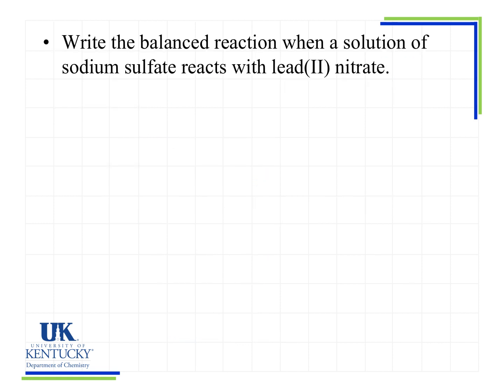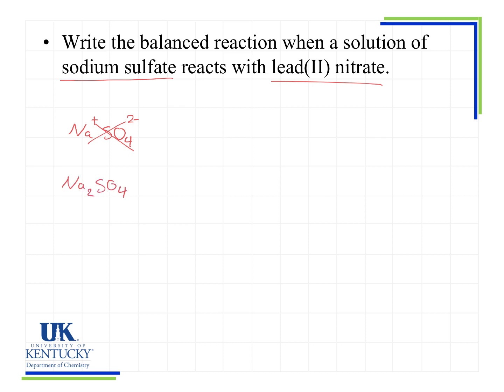Okay, here is another example. I want you to pause and try to do this yourself to practice, and then check it with me. The first step is to write the correct chemical formula for the reactants, sodium sulfate and lead nitrate. Sodium is Na plus, sulfate is a polyatomic ion, SO4 2 minus. So you crisscross the charge, so it's